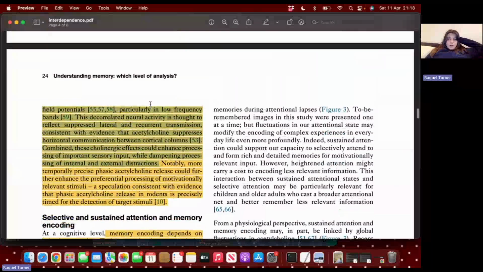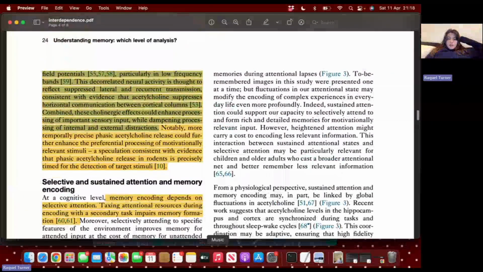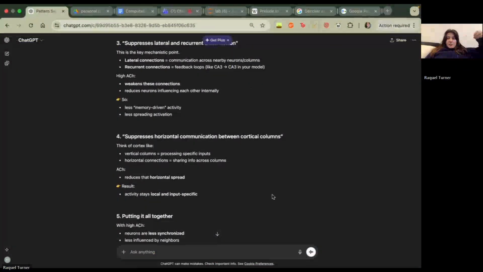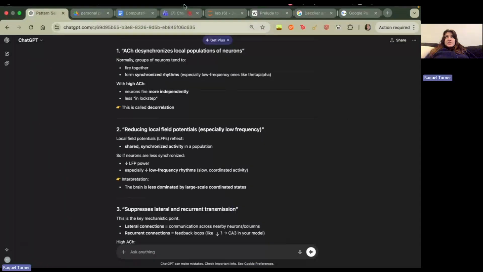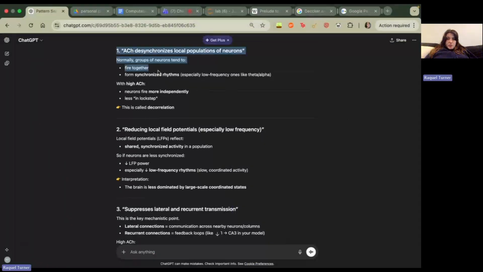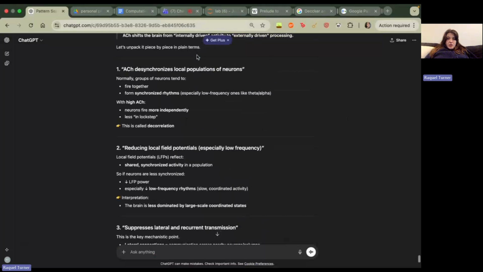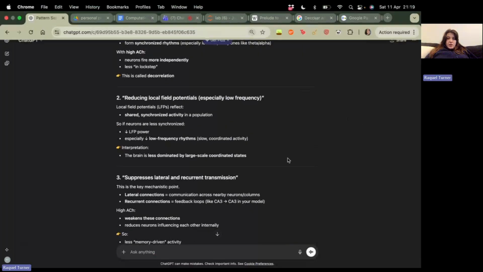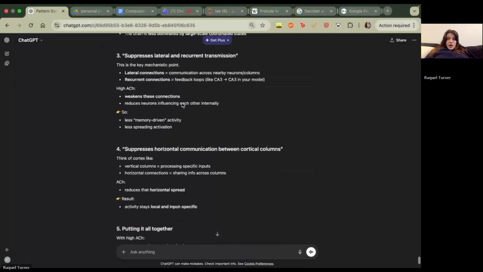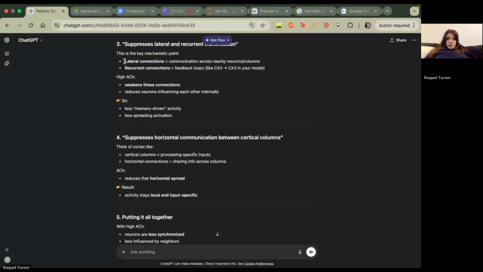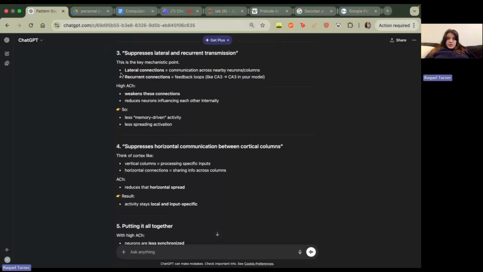But I was going back through it and just asking ChatGPT to explain some stuff, break it down a little bit so that I could see it simpler. And so normally, this is close to what I'm saying actually as well. So what acetylcholine does: normally groups of neurons fire together forming synchronized rhythms. But with high acetylcholine, neurons fire more independently and less in lockstep. This is called decorrelation. And then also, another thing acetylcholine does,